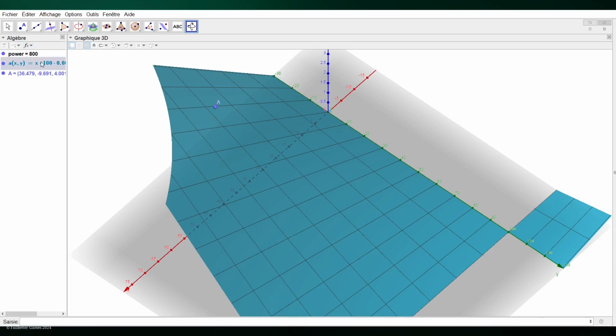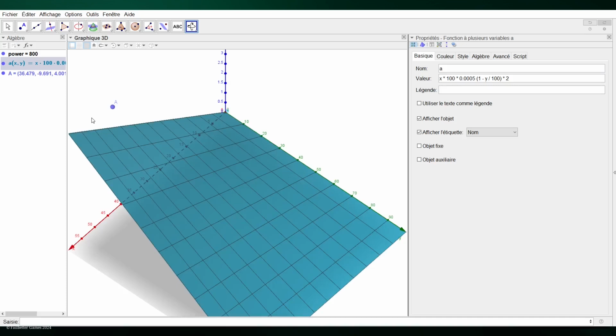The formula is the engine power, that is x in our formula, x times 100, because I wanted it to be like when x is equal to 20, it means that the engine power is 2000. So the engine power times